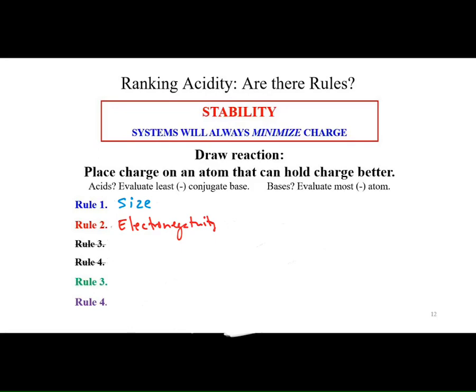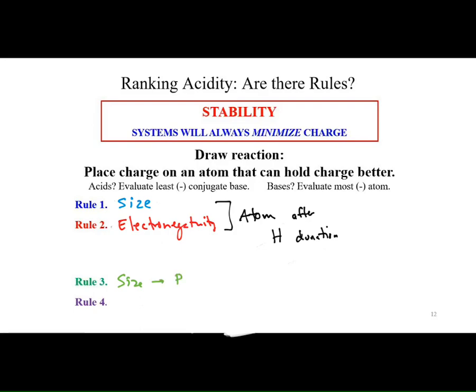Okay? And in those cases, what I'm evaluating is the size and electronegativity of the atom where the hydrogen was. Okay, so atom after hydrogen donation. Okay, and then when we move down to rule 3 and rule 4, well, this is really just size again,